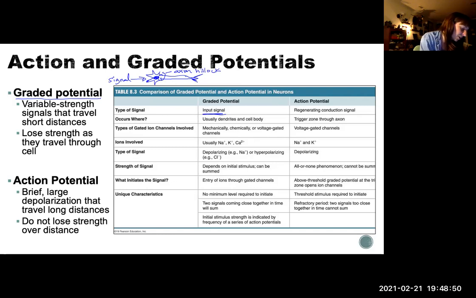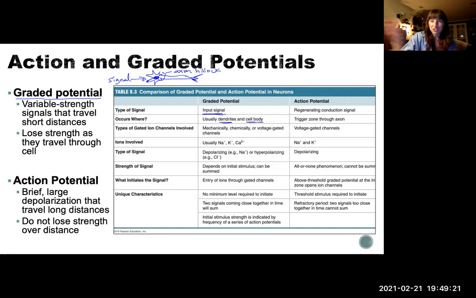It usually starts at the dendrites, but it could start closer to the cell body, anywhere. They're just kind of touching each other like this, right? The axon terminals of one neuron and the dendrites of the other, they're kind of just mixing like this. So you have multiple synapses basically. Wherever that signal came from, whatever synapse, that signal needs to transfer through the cell body before reaching the axon hillock, okay? The gated channels that can